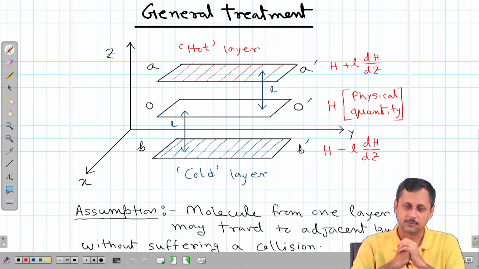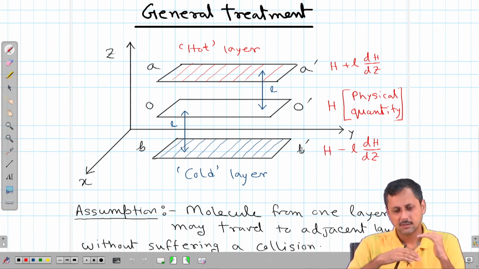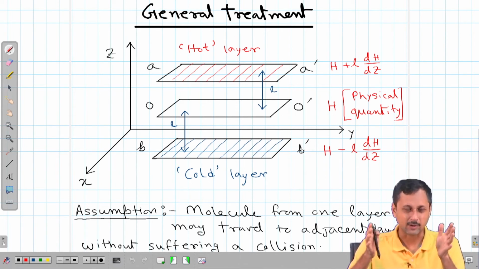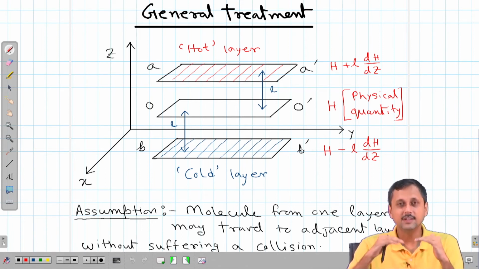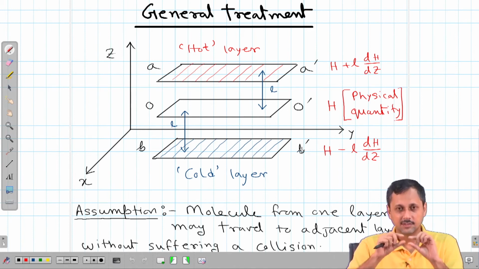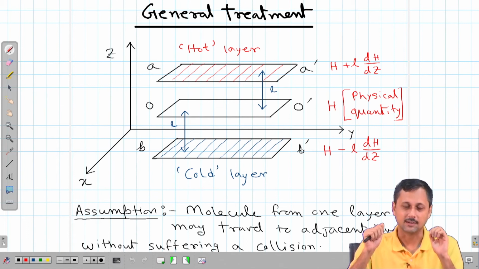So, basically what I did here, it is kind of a semi empirical kind of treatment. It is not exactly molecular level like we did for the kinetic theory of gases so far, but it is more of a kind of an empirical view. It is not exactly a macroscopic view, not exactly a microscopic view. What we have in mind is that these three layers represent three distinct regions in a fluid assembly or gas assembly, let us call it.